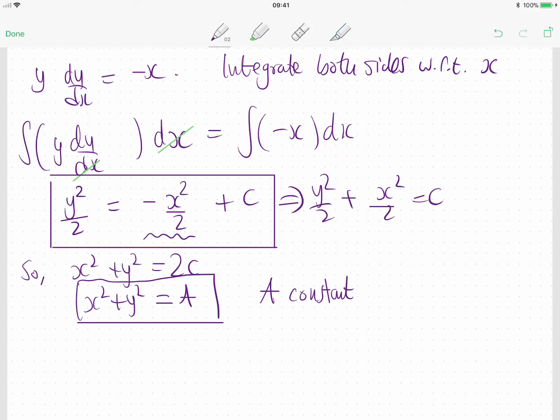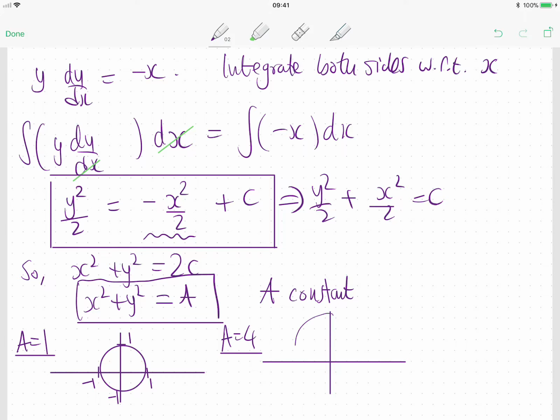So what do we notice geometrically? Well, for different values of a, we're going to get circles of varying size. Size would be measured by the radius. So for example, if that constant a was 1, we'd have a circle. It's going to be centered at 0, and the radius is going to be 1. Similarly, if higher values of a, if we choose say 4, then we're going to get a circle. This time the radius is going to be 2,